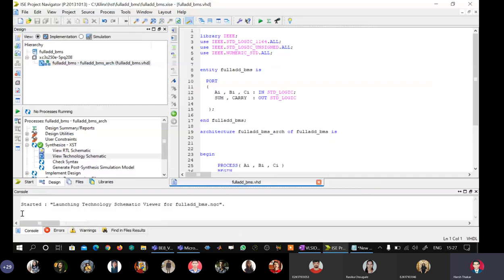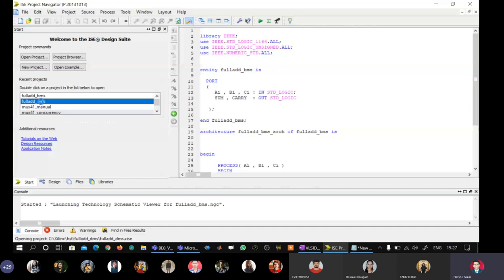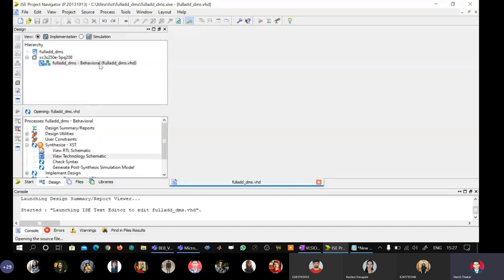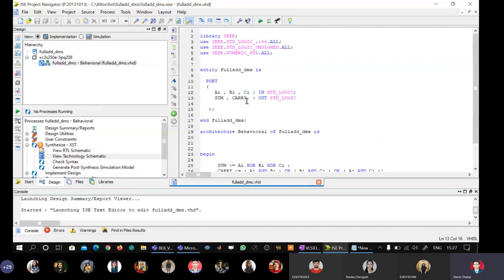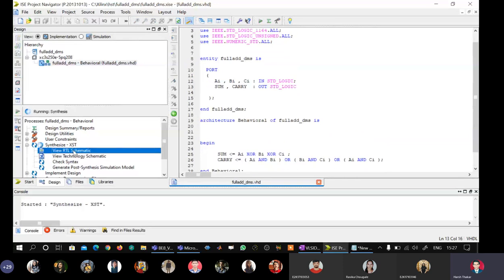How to go to the previous project? You can close this, go to start, and here we have that project DMS. You can double click this and we will see that our previous model is opening. See here, there is no process clause, and the names are also full_add_DMS. And we see that here RTL schematic is same.